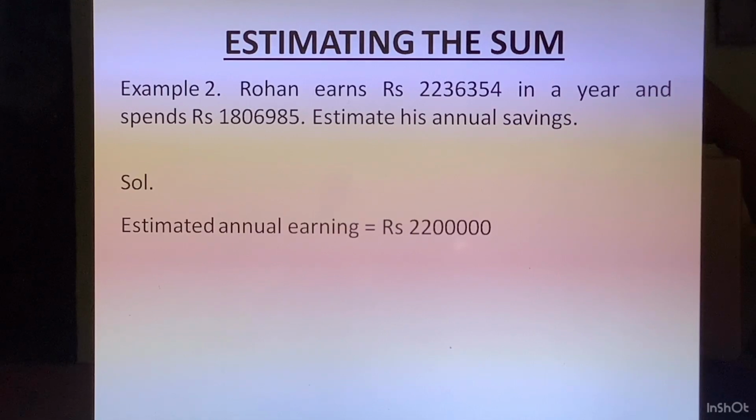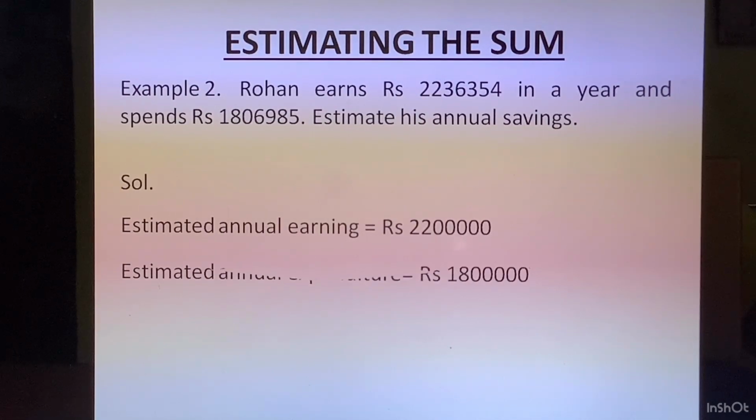Estimated annual earning is equal to rupees 2200000. Then we look at the amount he spends, that is estimated annual expenditure. Then we'll round off to the nearest lakh. So we will concentrate on the 10,000 place, which is 0 in this particular case, which is less than 5. So the rounded off number becomes 18 lakhs. Estimated annual expenditure is equal to rupees 1800000. Now a doubt comes here in the mind that why did we round off to the nearest lakh and